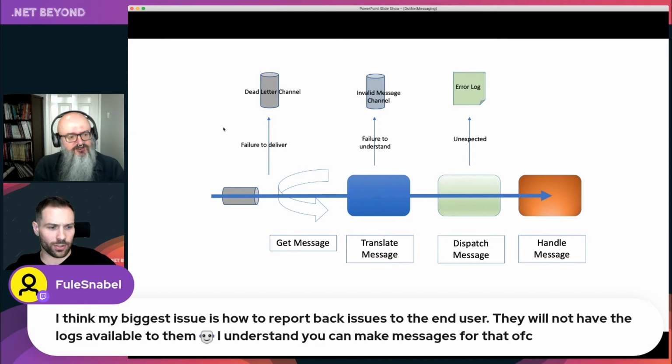Which brings us to a statement about failure handling, I guess. That's not a question, it's a statement, but I think it relates to what you just said. Yeah, exactly. So we'll talk about failures in just a second.